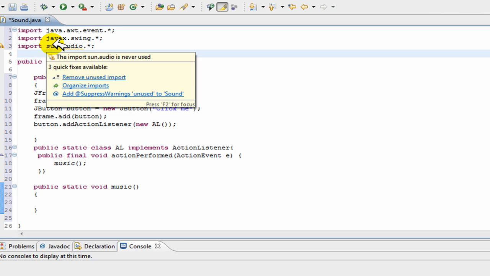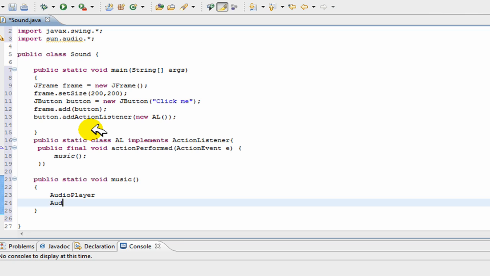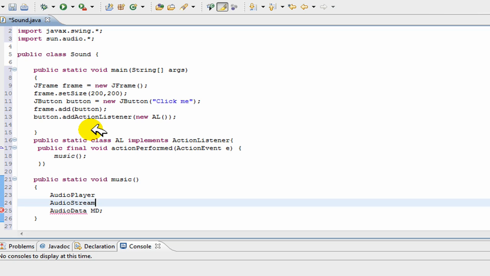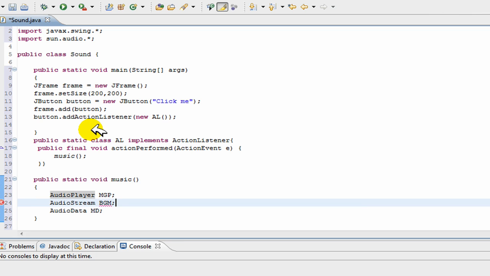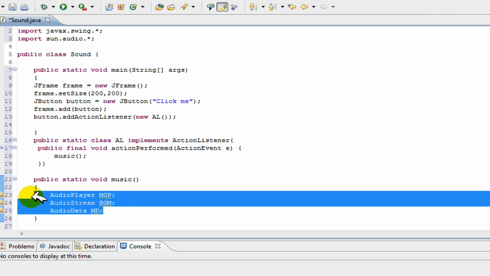And in this music method I'm going to create the actual thing to make the audio start. So I'm going to start off by creating a few objects. Now you need to know audio player, audio stream, and audio data. So these are three main objects that will be used, and you can call them whatever you want. You can call them background music, and you can call this background player. So you have these three objects. These will be essential in